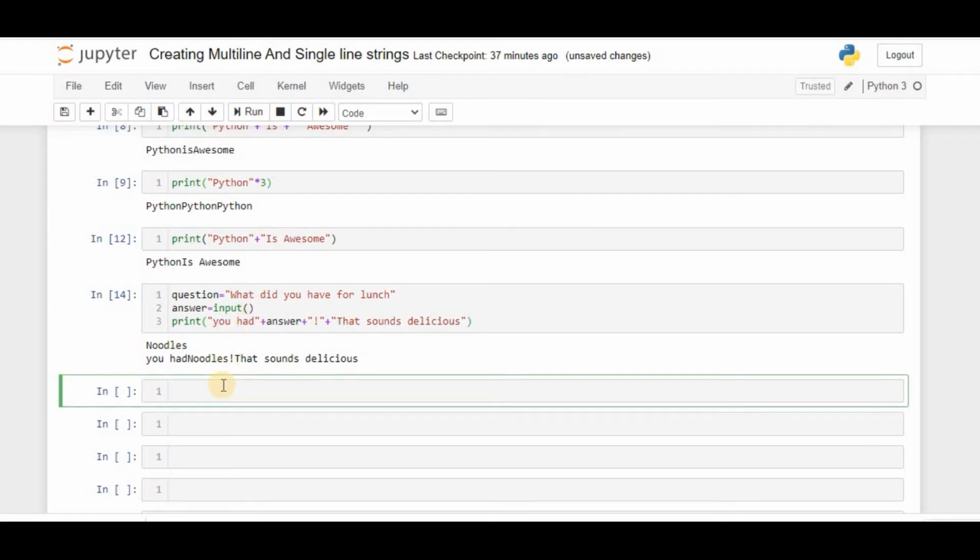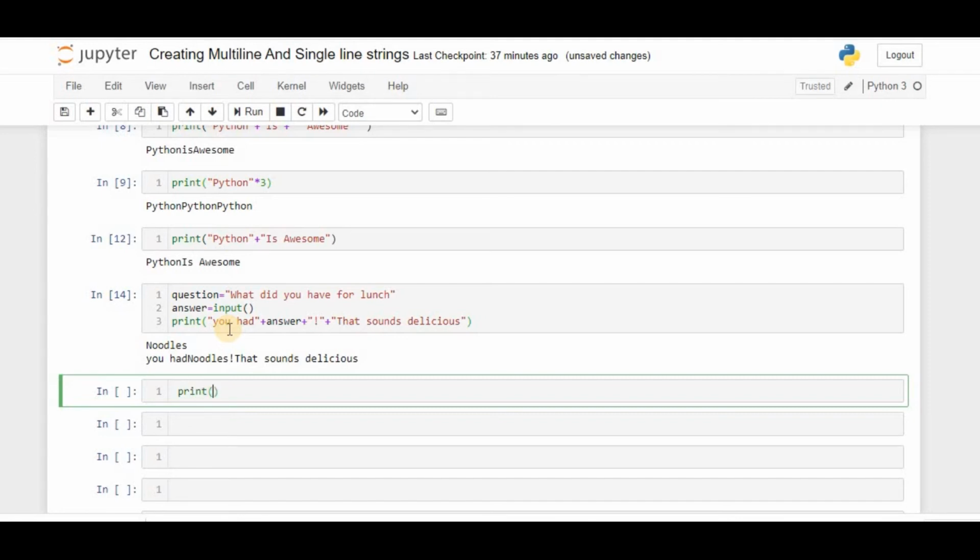The input function is going to show you one text box. In the text box you should write the string, and that answer is going to be printed with the help of the print function. You'll get it as a text box and you should give a proper string, then your answer will be printed on the screen. Now we will write one more thing